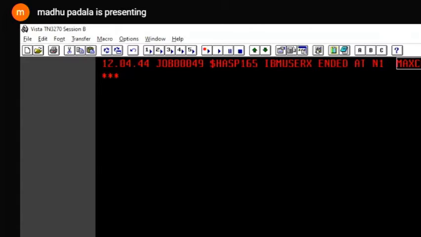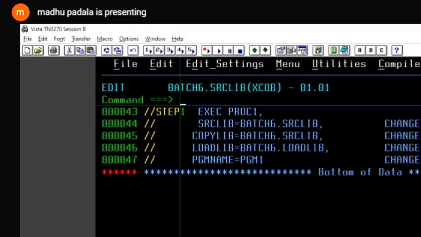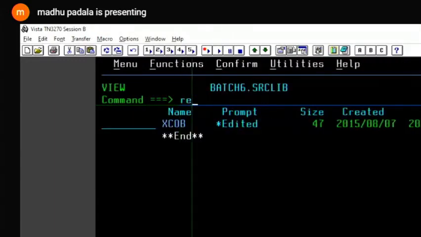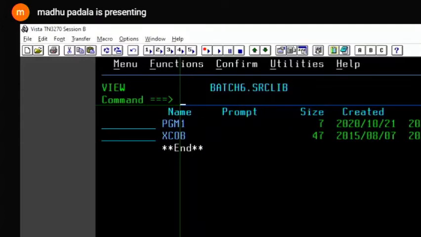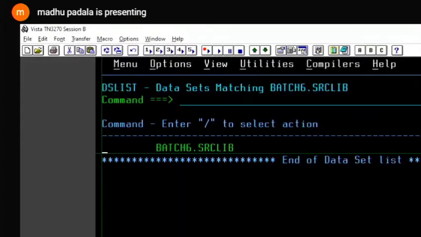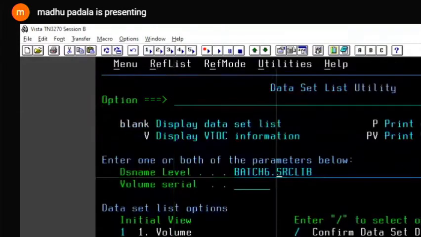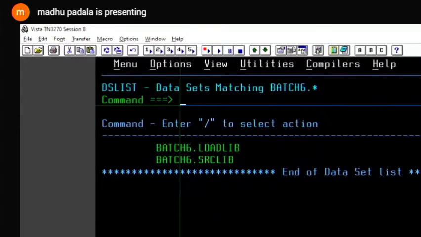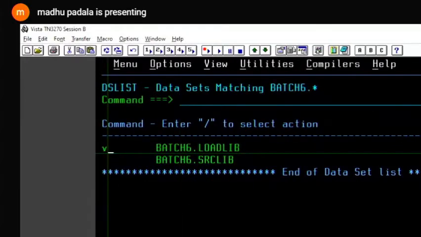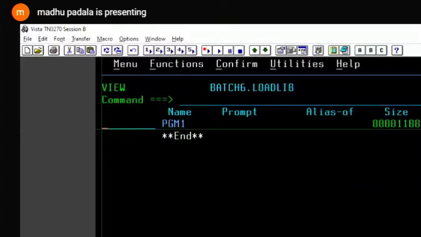Okay. So now it is successful compilation, and let us see whether the load module is created in the load library or not. Batch6.star. We have 2 libraries here: Batch6.source library, Batch6.load library. Let's go to the load library, and this is the load module created.